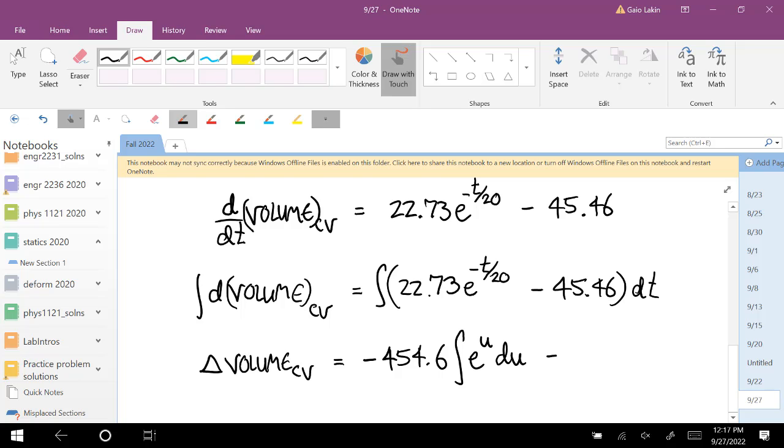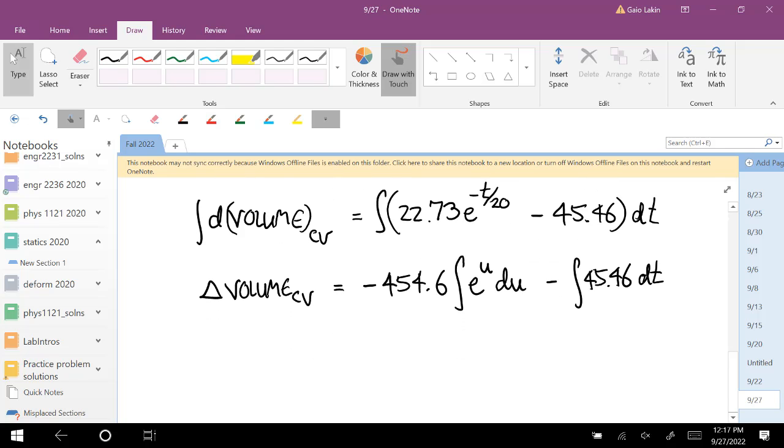Minus the integral of 45.46 dt. Are you with me on this? And so now you can integrate, substitute back in, and you get